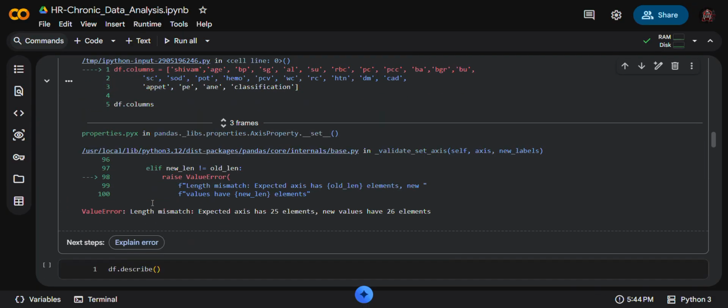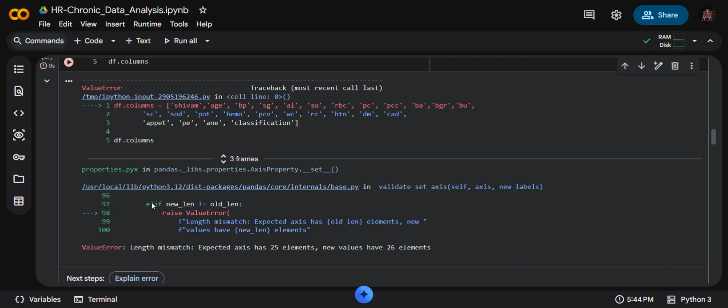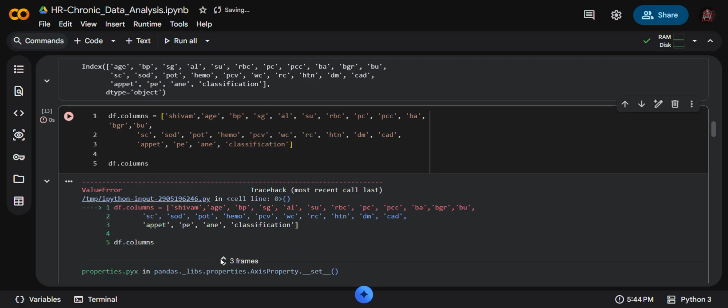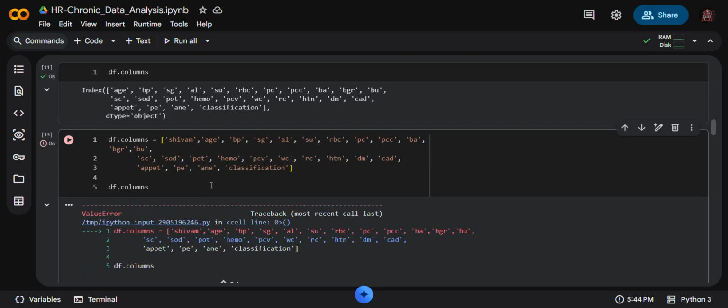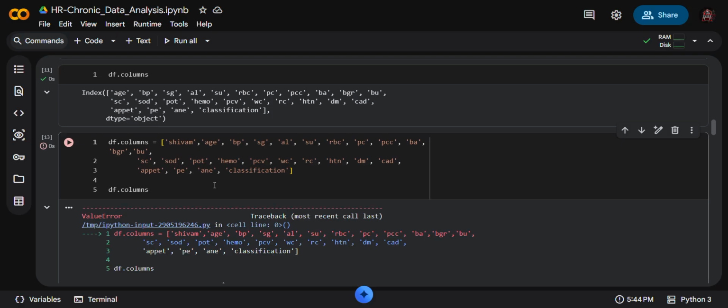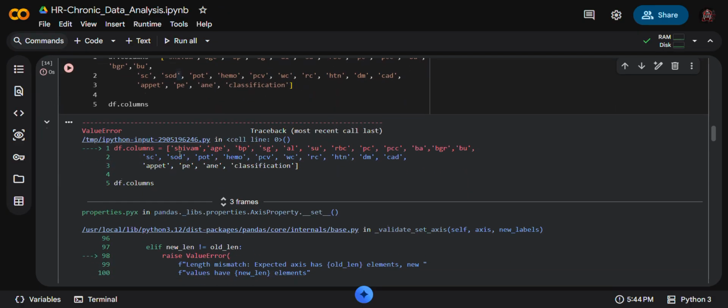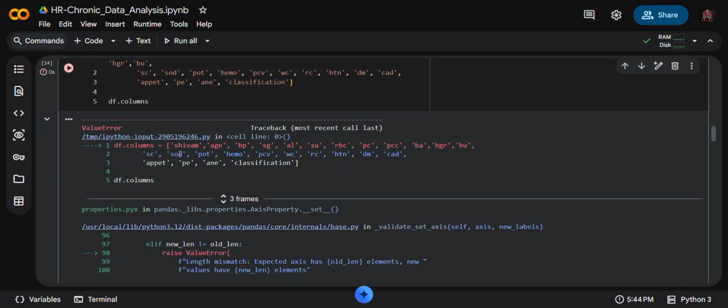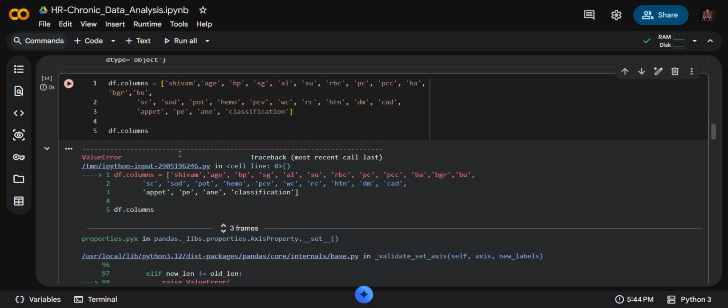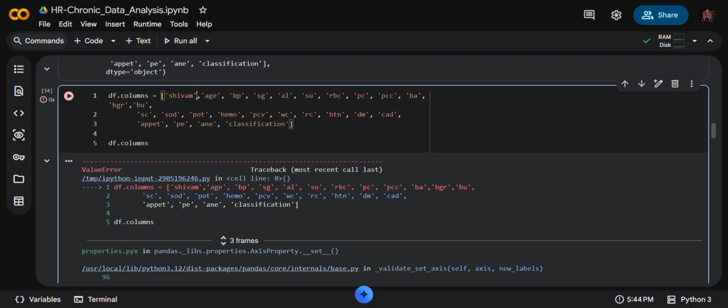We get a mismatch of 29. I guess we can put name.